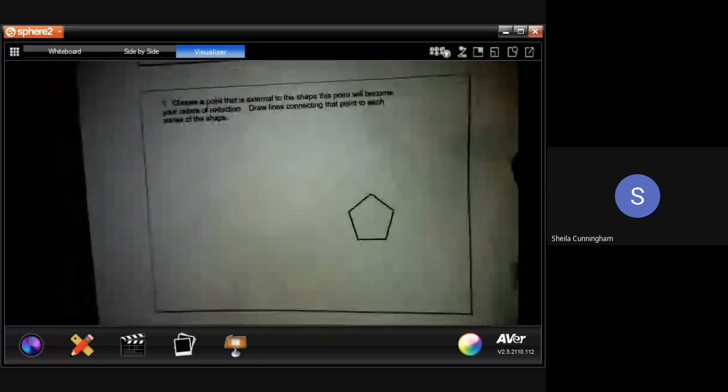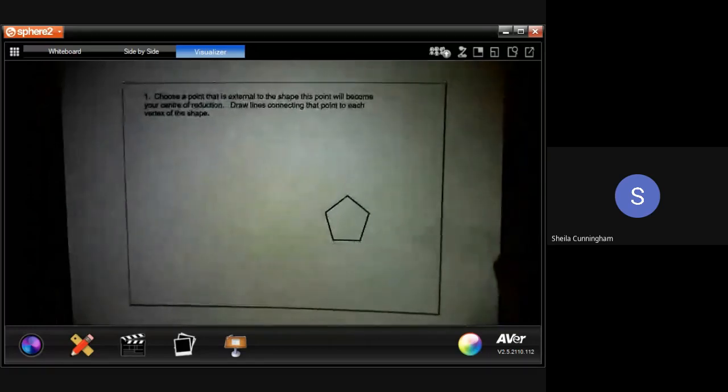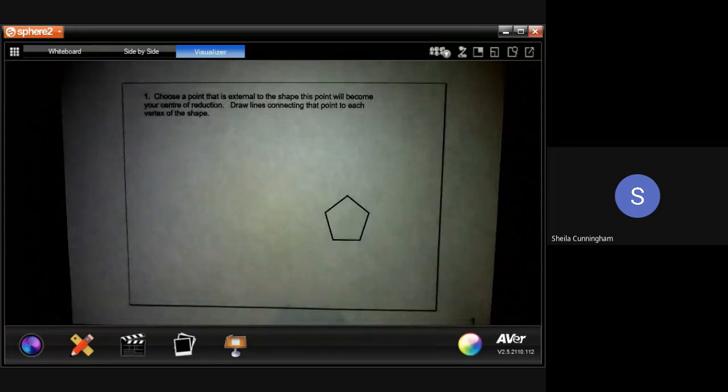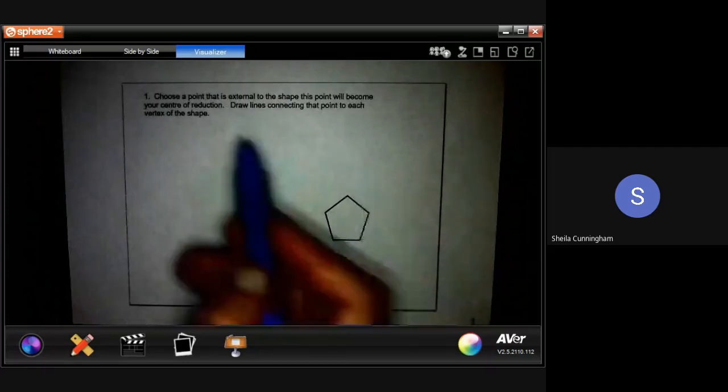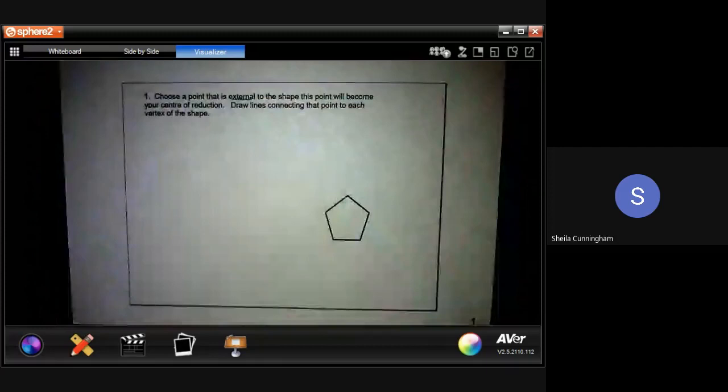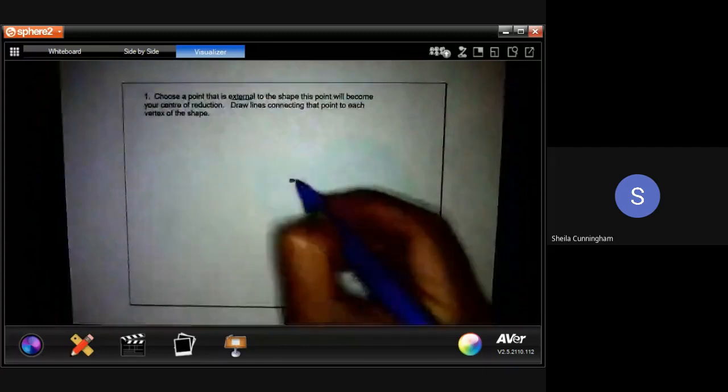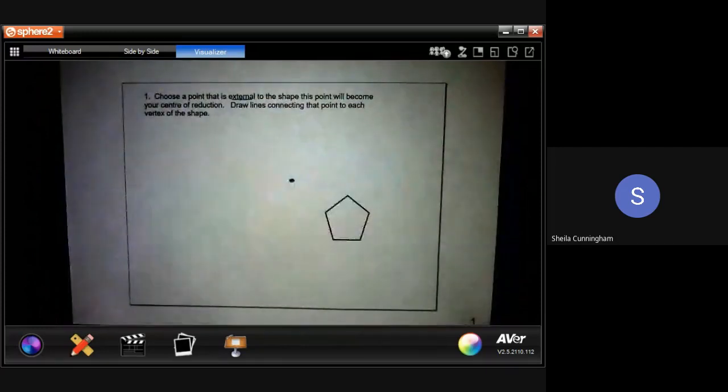In order to do that process, we can have this lovely shape. We might have a pentagon like what we've got going on here. And the first task is to pick a point, draw a point that's not on the shape. It can be external, so pick a point anywhere away from that shape. And that's going to basically become the center of